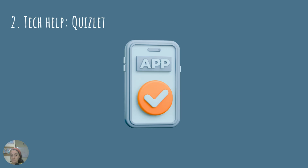Another method that I like is using technology to assist us. I personally love Quizlet. I think it's great for language learning. I've been following them for years, and I've been using them myself, and recommending them to my students. They have a learning mode, so go on the Quizlet website, log in, create a free account. Pick one of the ready-made lists that other users created, or create your own lists. This is free, and then you can just go over them with the flashcards, play with the flashcards, and this is just a great app for